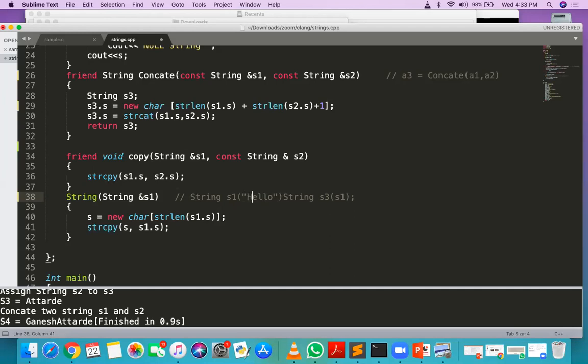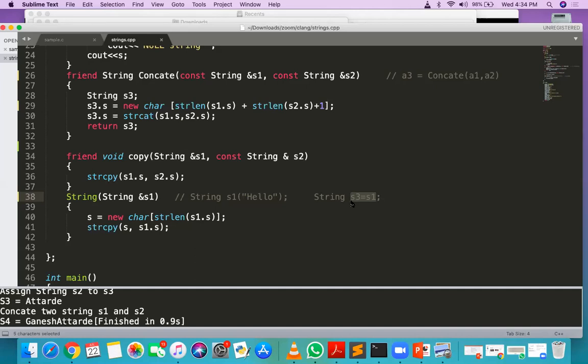If s1 hello is already defined, and now you want to make s3 by using s1, you can do this, or instead you can use this method also: s3 is equal to s1. Both are the same. When you are doing string s3 is equal to s1, the copy constructor will be called here. So s3 is also hello. The meaning of copy is that you are creating one more copy of that existing object.